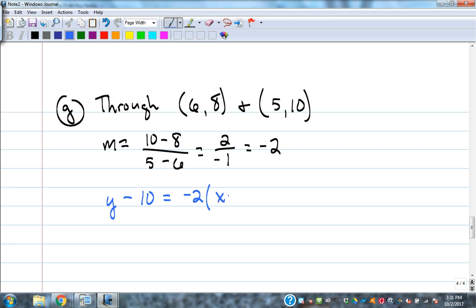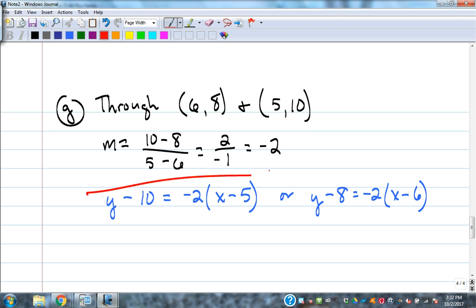y minus 10 equals -2 times x minus 5. Either that, or if you use the other ordered pair, it'd be y minus 8 equals -2 times x minus 6. Either of those for point slope form is correct. They both will end up with the exact same slope-intercept form if you do it correctly. Okay? Got to do it correctly, but they will end up with the same slope-intercept form equation. So, from there,